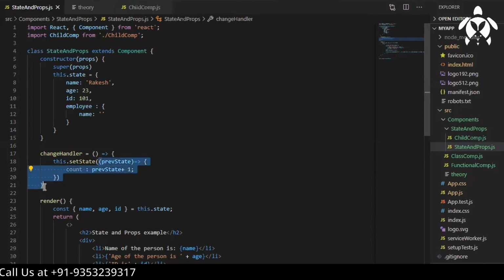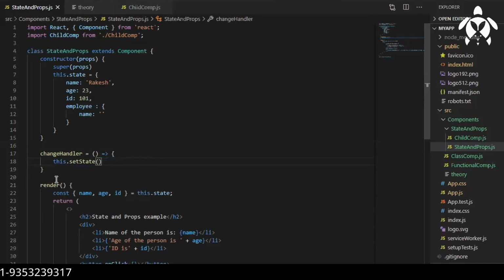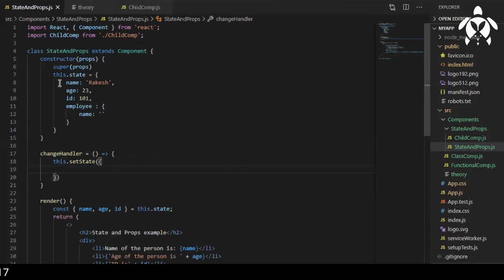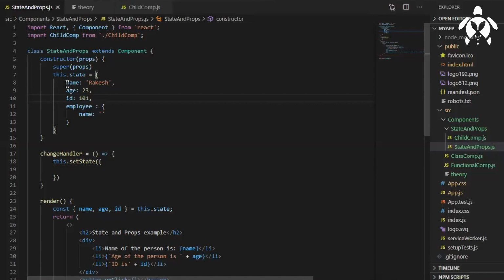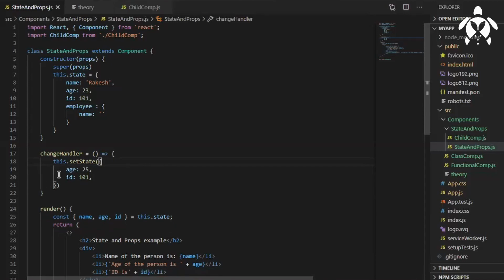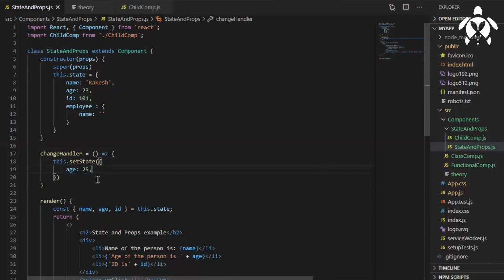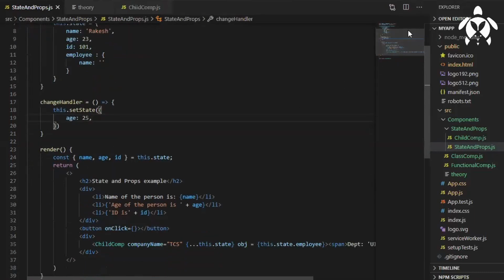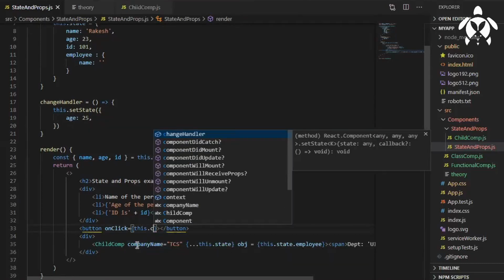Now what I want exactly is to change this data, so I will copy them and paste it here. Let it be age. If I'm changing just age, then I don't need to write the rest. I just want to change the age. In this onClick, I will just call the function, this.changeHandler.